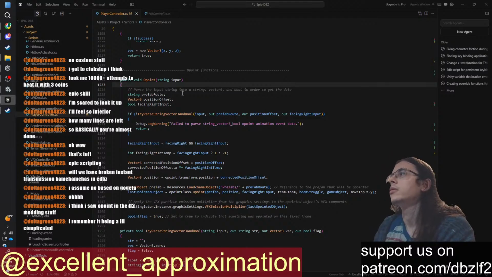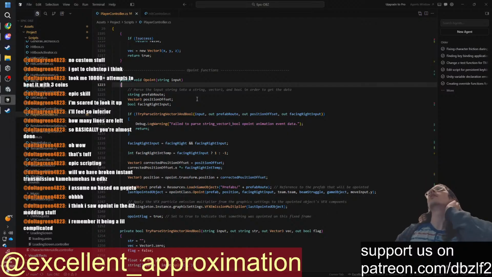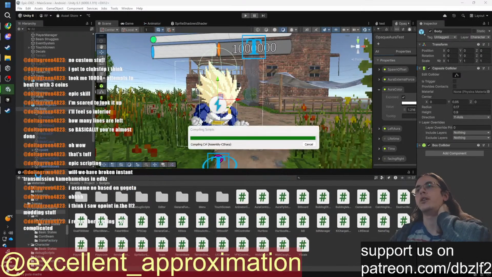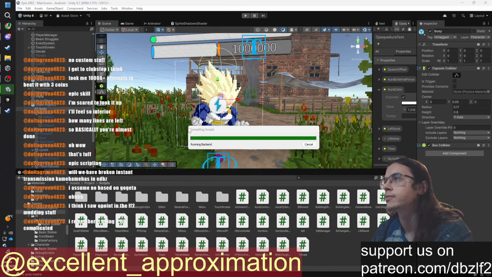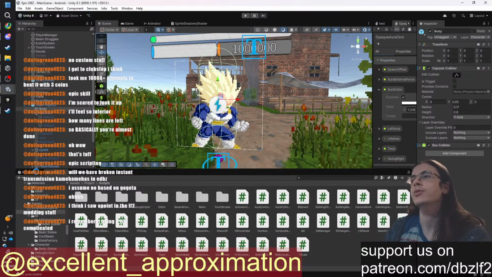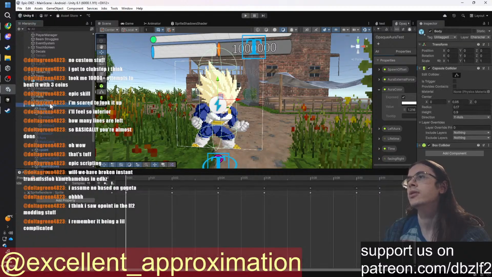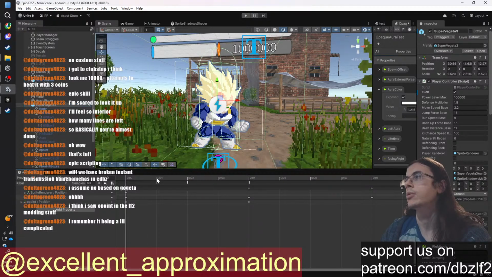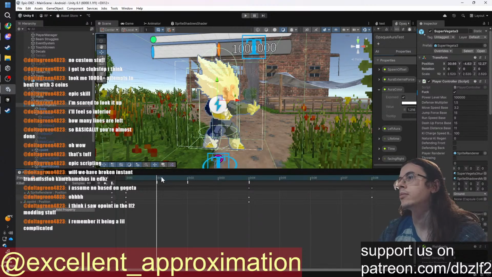Okay, parsing. Okay, yeah, I know what this is. This is the function that you call through the animator. Let me show you. This is really cool, the way I use the animator to simulate the way that a thinking works. For example, let's take the keyboard. Where do I have the keyboard? So here, Vegeta